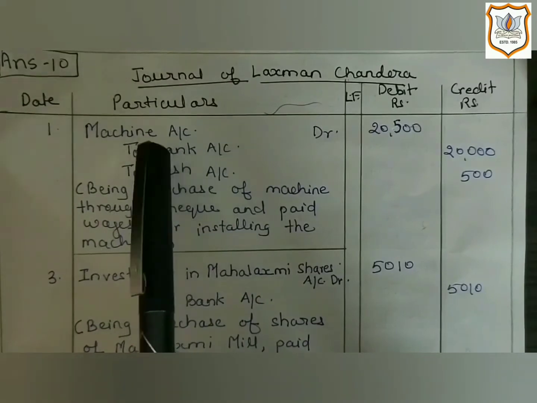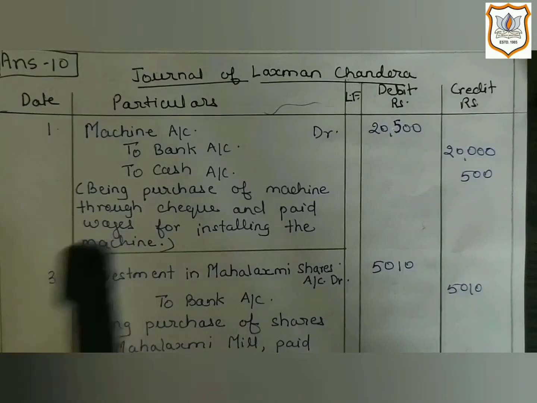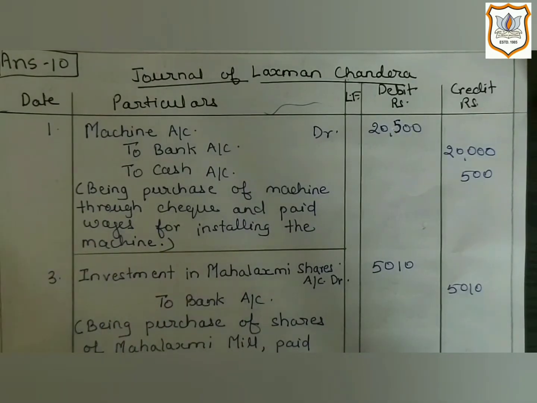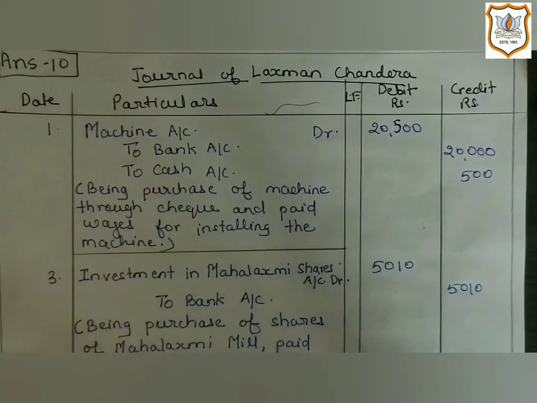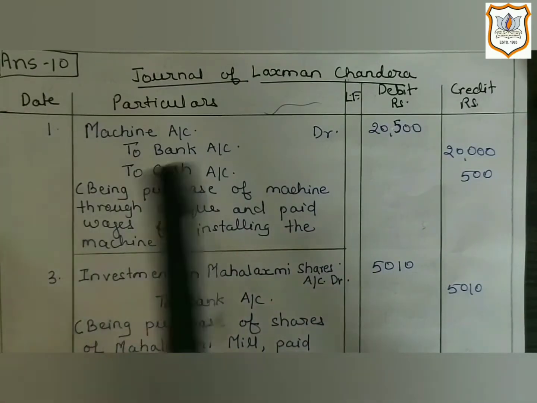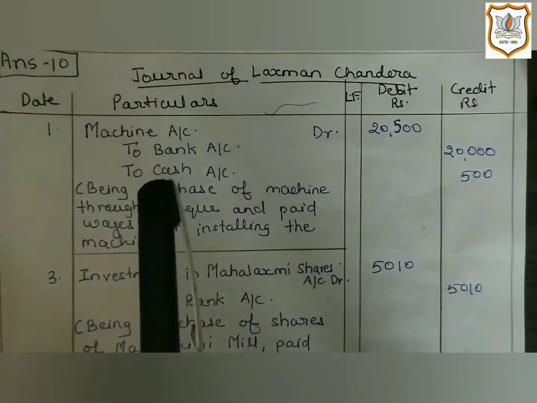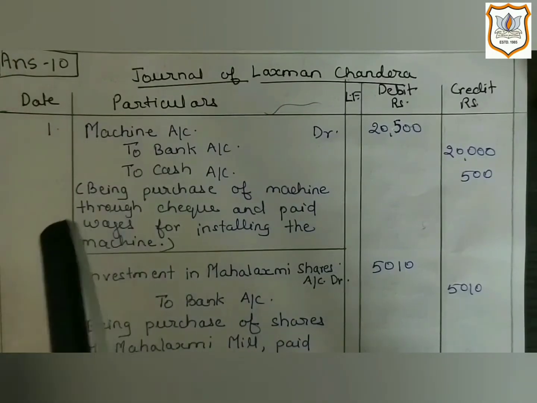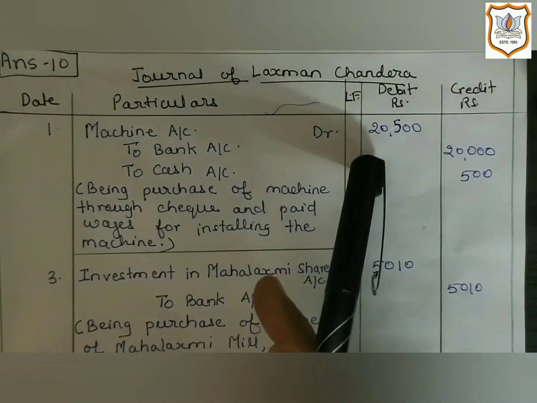So as we know, machine is an asset, and that's why it is a real account. So we will apply the rule of real account. As per the rule of real account, which says debit what comes in, here machine is coming in the business, an asset is coming in the business. So as per the rule, we will debit it. But at what amount will it be debited? It will be debited by rupees